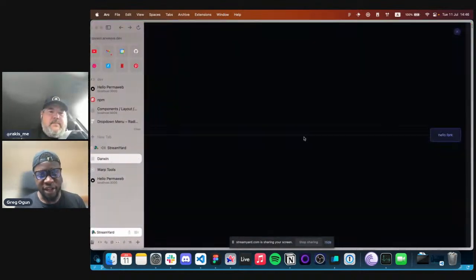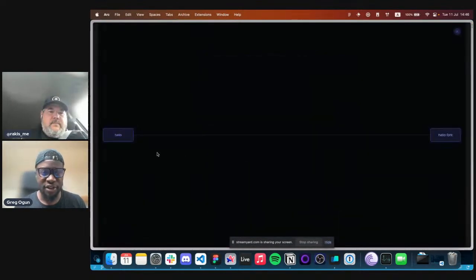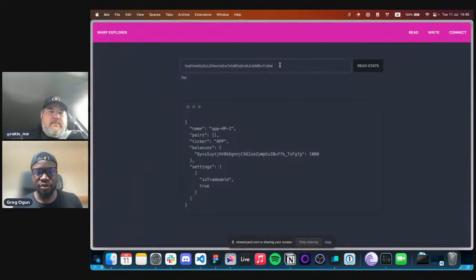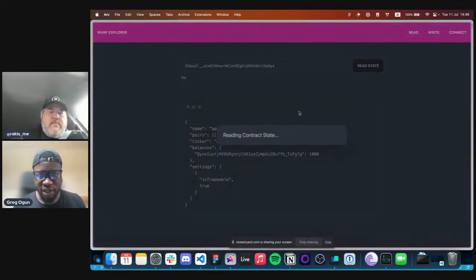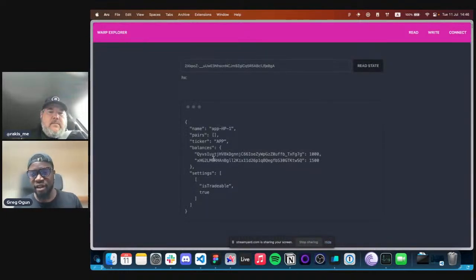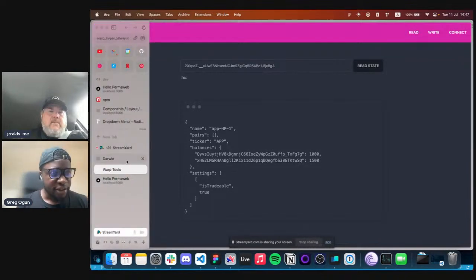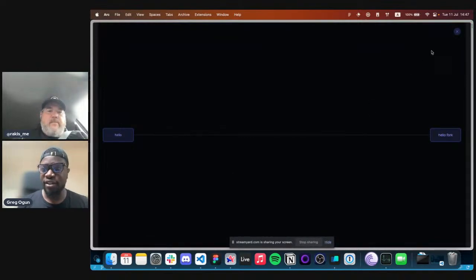And then we can have a look at the fork version, and we can take that version ID and put it into Wallet Tools. What we should see is that the initial creator still has their tokens in the system, maintained at the same amount. And now you have the person that's innovated, who has added their tokens on top of that. And so the value is proportionate. This is essentially how the implementation works right now. So I thought that was very cool. That could be particularly useful for people, just to see what it actually looks like in terms of minting tokens in the system.